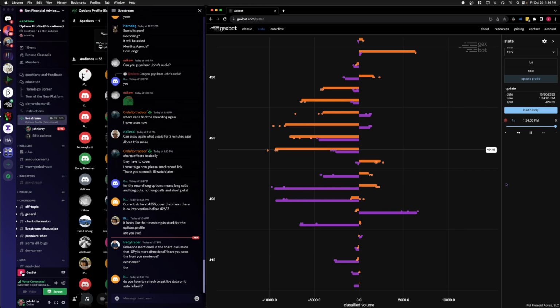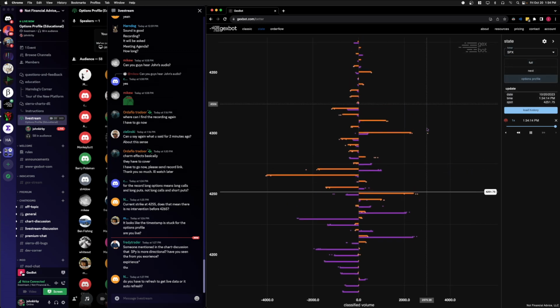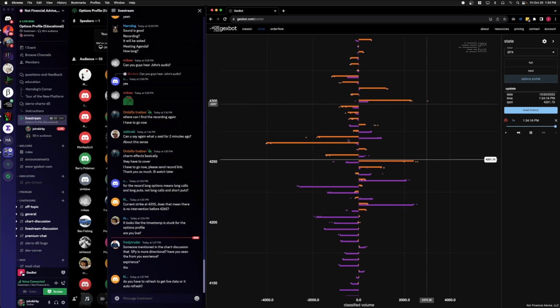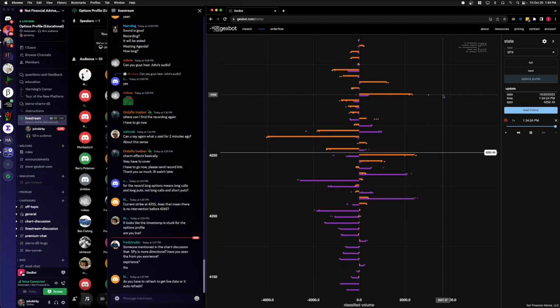But if you're long an option, then time is against you, and you have to be right directionally. So for instance, a lot of times we'll be on SPX, and today not so much, right? Because the only long options are relatively close to the money, and the short options are sort of all across the chain. But a lot of times, and I pointed this out on Twitter, if you see a really big accumulation of